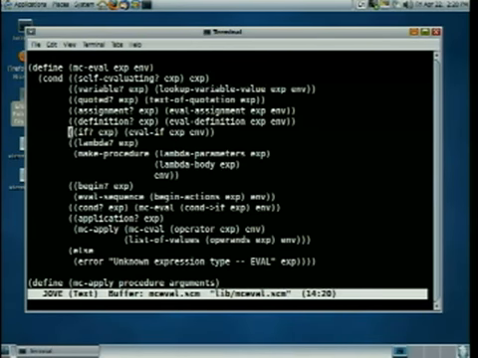Okay? So analyze takes a metacircular expression as its argument, and it's going to return an STK procedure, which we can then, at our leisure, call once we know the environment. All right, so let me